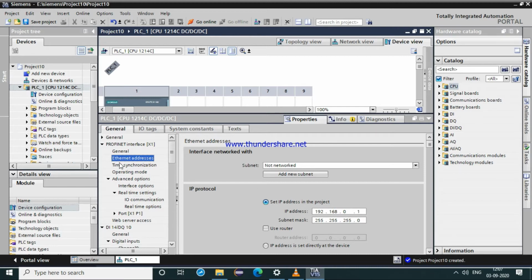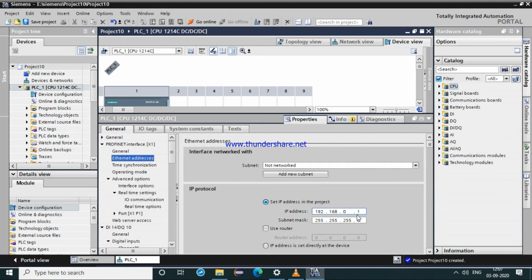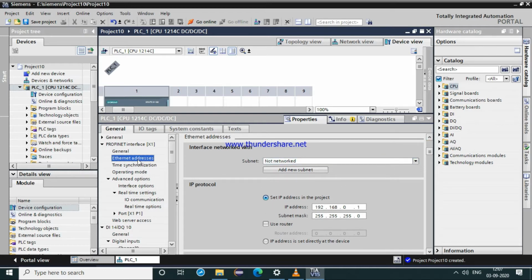We can set the IP address from this option. The IP address that we are using right now is 192.168.0.1, and the subnet mask is this. So from here we can set our Ethernet address.